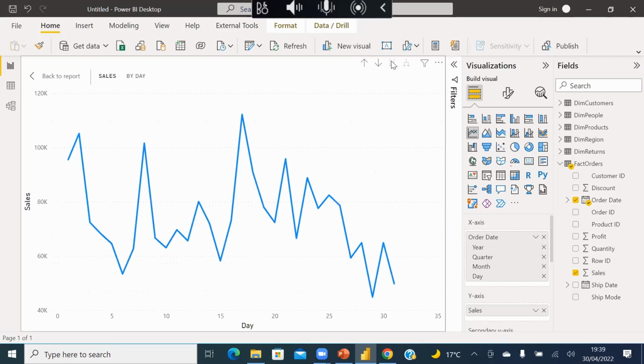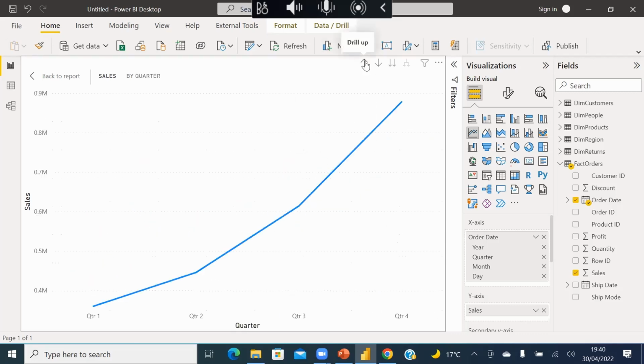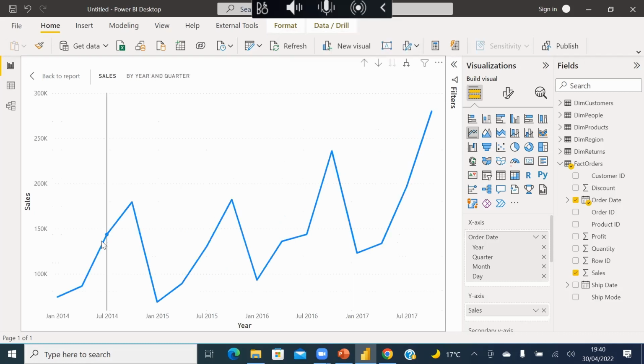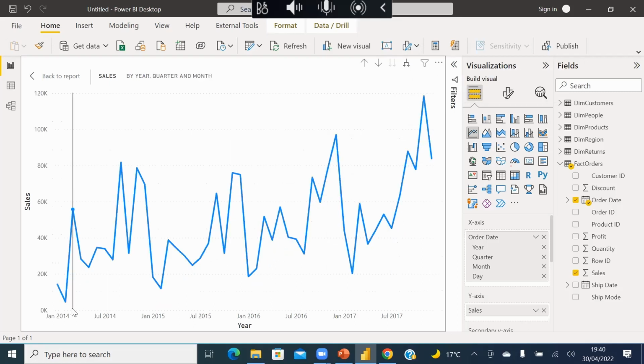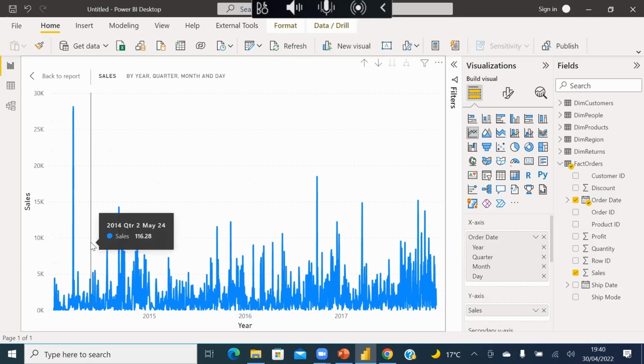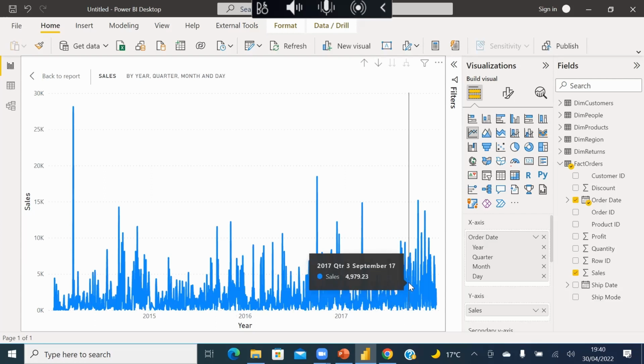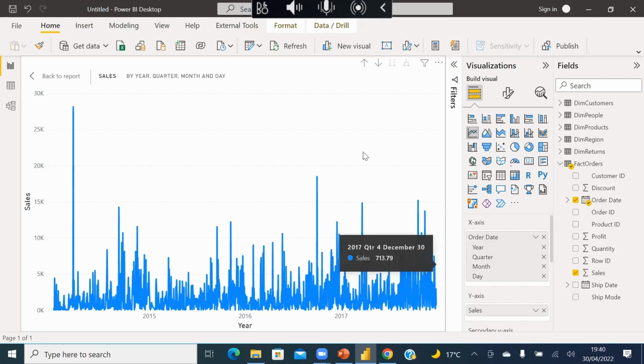And when you click on it one more time, you go to the day level, each day of the month. And it makes sense. You get to see that. If you want to go back, you have to click on this and go back up. But then there's the option to expand. We just expanded to each quarter in each year. You can expand one more time. Now you're seeing the year, the quarter, and the month. 2014, quarter 1, March. If you click on this one more time, you have gone down to the day level. So you see, this is not very readable. You may want to do maybe a rolling average to make this more readable.